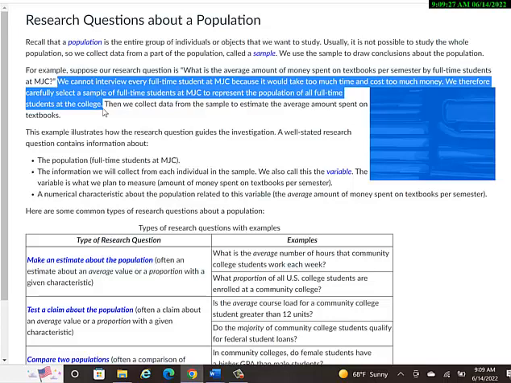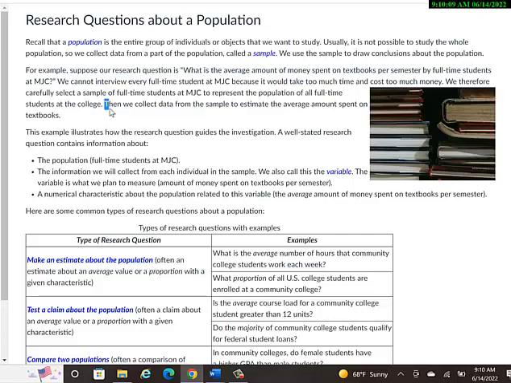So one thing you might want to do is try to make it really random. It would be ideal if a computer program could give us a random sample. Some computer program has all the names of every single student that's full-time at MJC, and it could probably generate a random sample, right? You probably wouldn't want to, for example, go to the library and just poll people at the library, because there might be a bias there, as people that go to the library often might be more likely to buy all the books and not skip buying books, or there's some kind of bias there somehow, I don't know. So you don't want to just get people that are in this group over here,